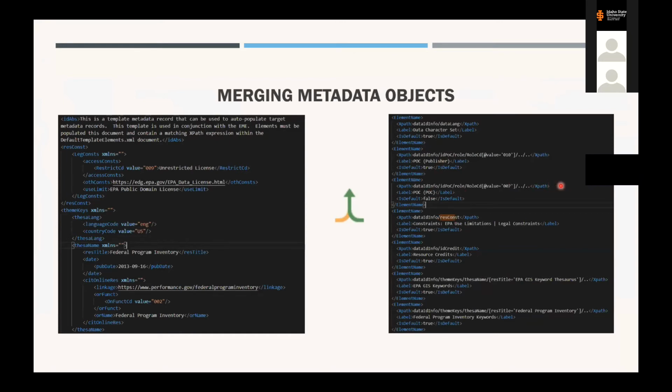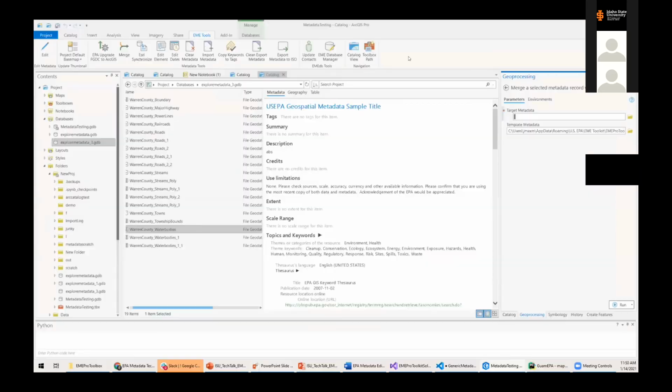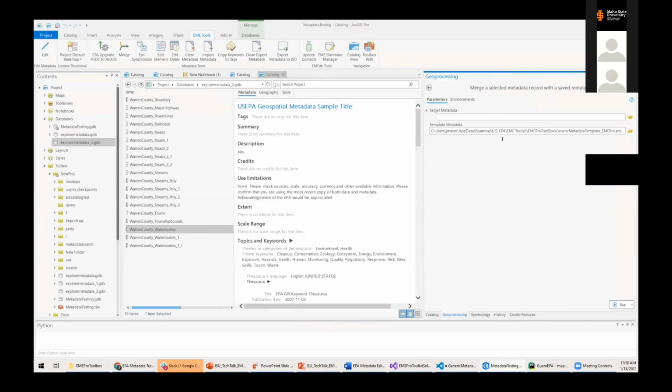It contains a specific XPath expression, and what that represents is selecting the metadata element, the label, and then a default tag, which controls which direction or which metadata element will take precedence in the event of a merge conflict, right? If the element is in both metadata records. So this tool is pre-populated with this